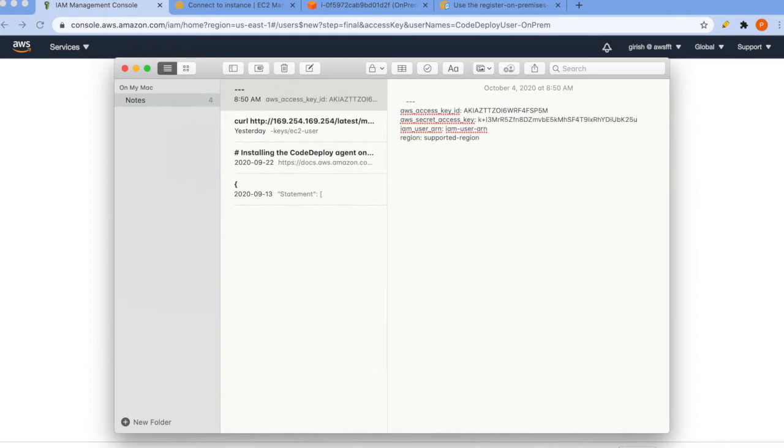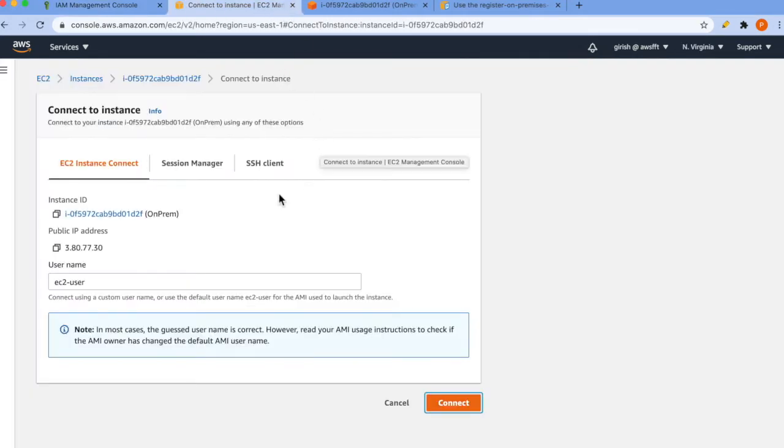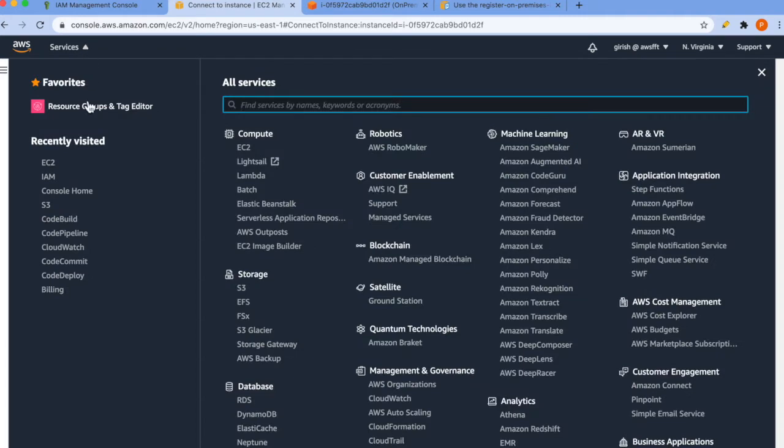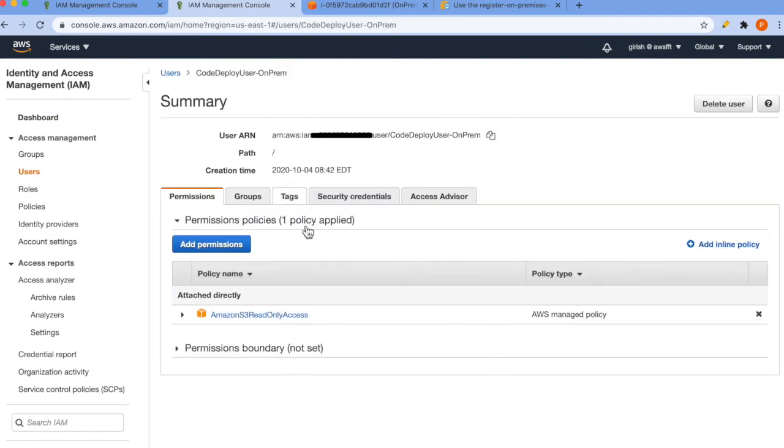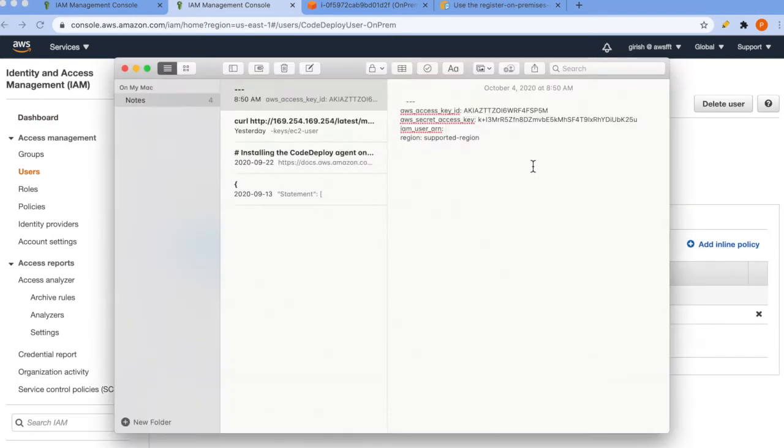Then the ARN, you can find from the IAM page for that particular user. So let's go to IAM under Users. Yeah, this is our user, and here you can find the ARN. Just copy-paste that as well. And the region is US East 1 in my case, so you can update it for yours.